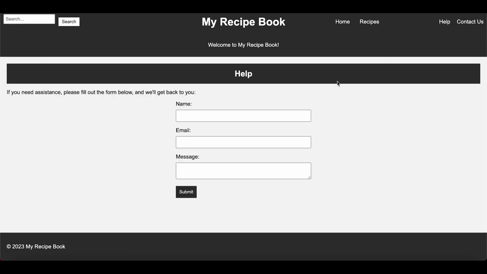I designed a help page. This is an HTML extension of the existing homepage, introducing a dedicated help section. It has the same header and footer as the homepage. Following